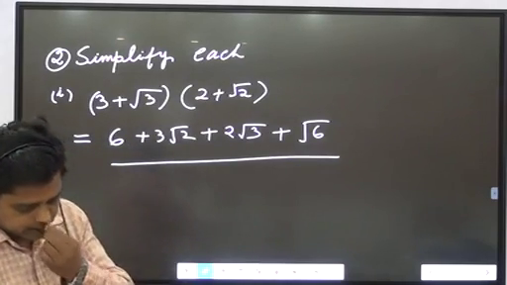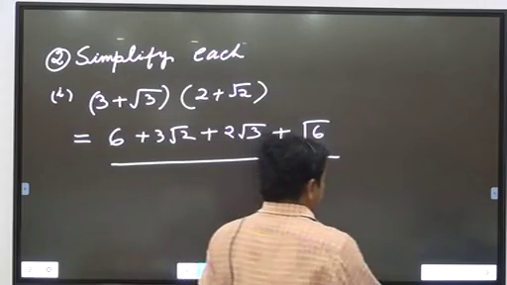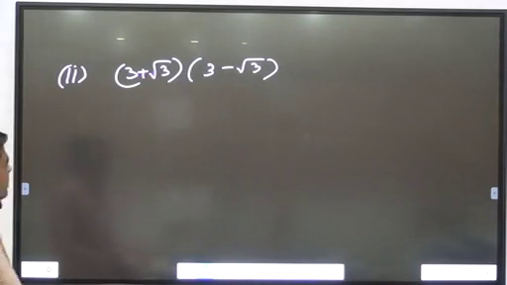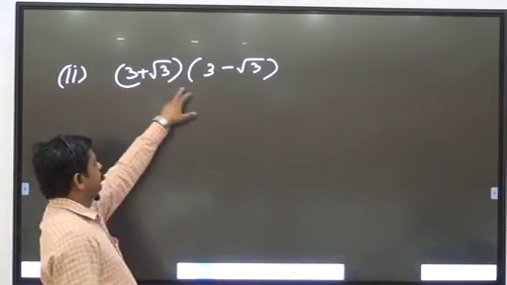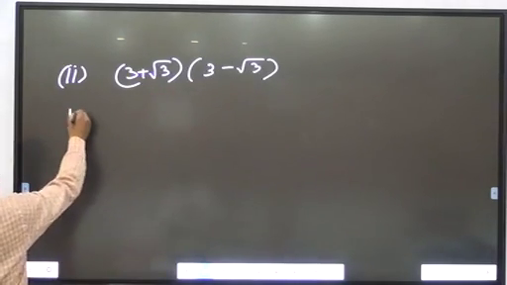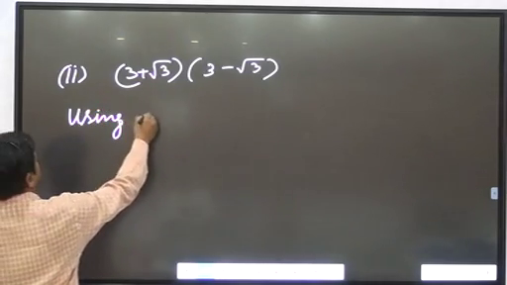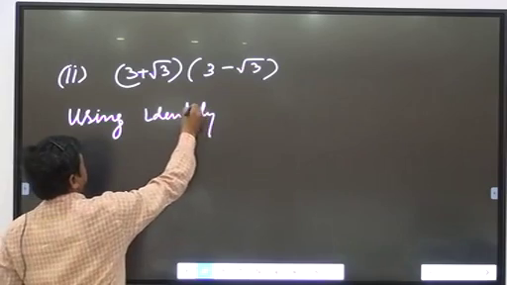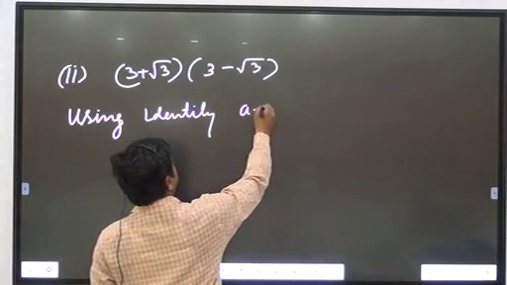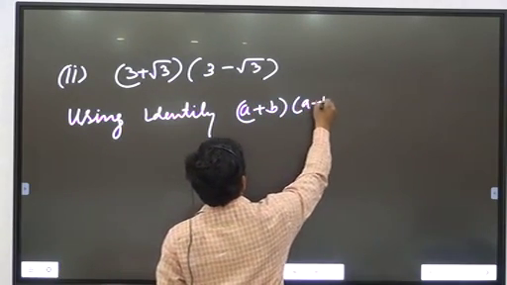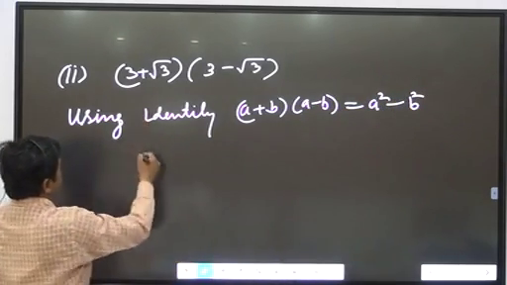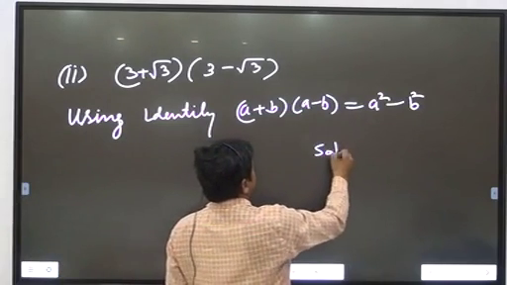Now there are no two equal terms, so we cannot add or subtract. And the second part, 3 plus under root 3 and 3 minus under root 3. In this case we can check the first digit 3 equals the first digit 3 and the second is also the same, only the sign differs, so we use an identity. We have this identity for whole numbers, real numbers and rational numbers also. A plus B and A minus B multiplied equal A square minus B square. So we can use it and you will solve it yourself.